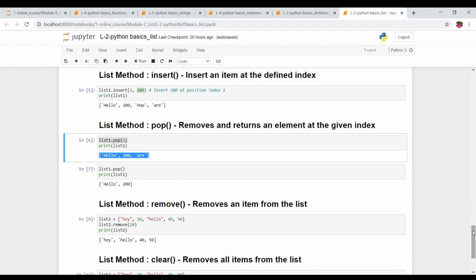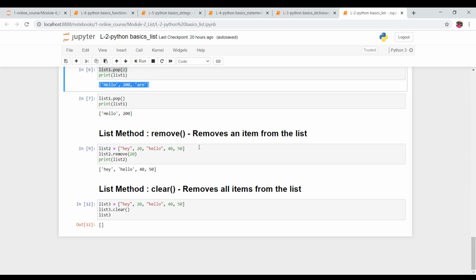And then we have the remove method. Remove, again, will remove an element from the list. So I'm creating a list over here, this is the data of that list. List 2 dot remove is a method. What do you want to remove? Write the element name. See, while using pop we write the index, which means I want to delete the element at that particular index.